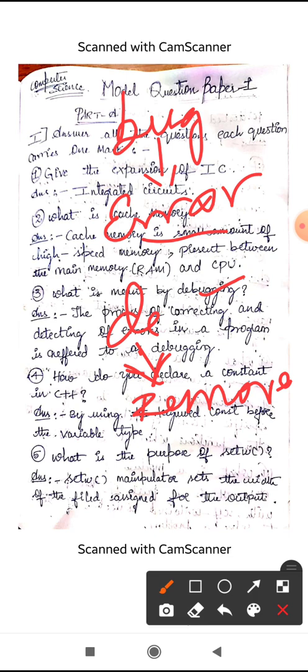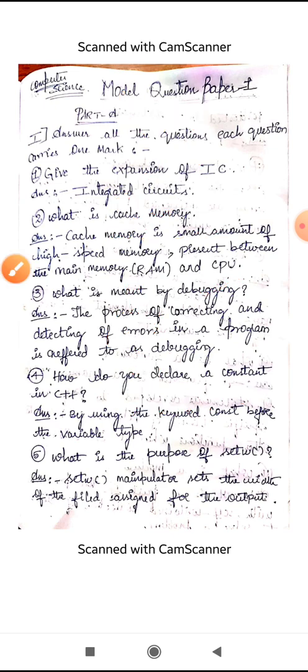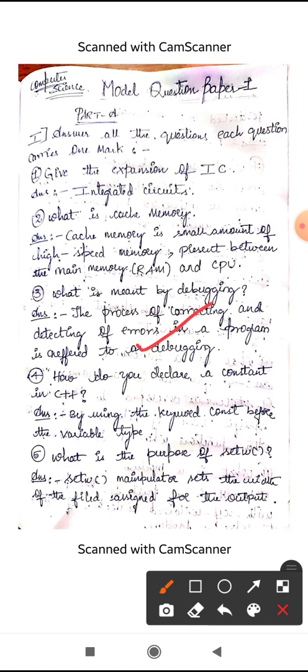Bug is an error, D is remove. So what do you mean by debugging? They have asked. The answer is: the process of detecting and correcting the errors in a program is referred to as debugging. First we detect and then we correct the errors. This process is called debugging.